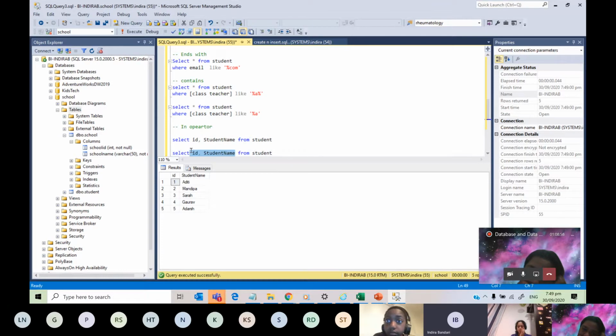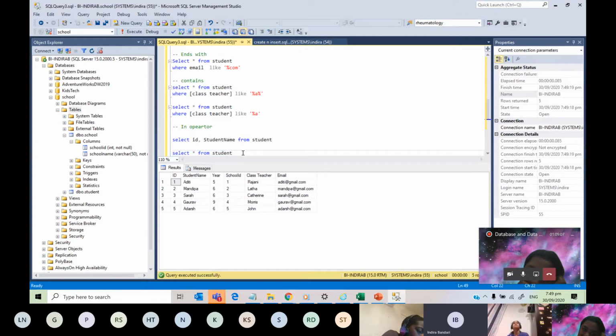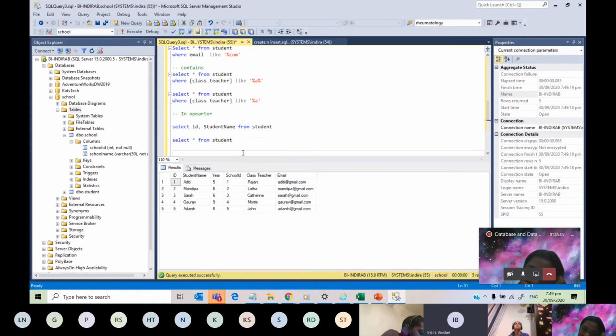Now I'm just going to select star from student to see where I can use the in operator. I want to get the records for, let's say, Gaurav and Sarah.